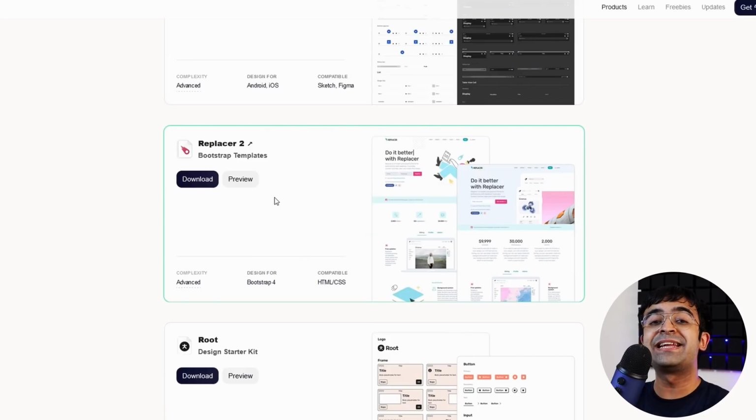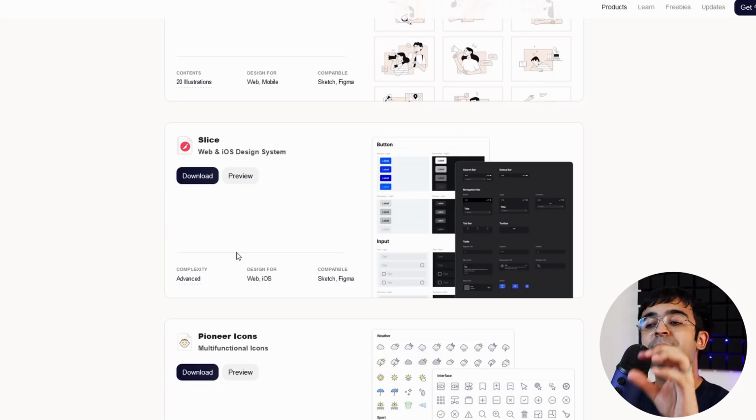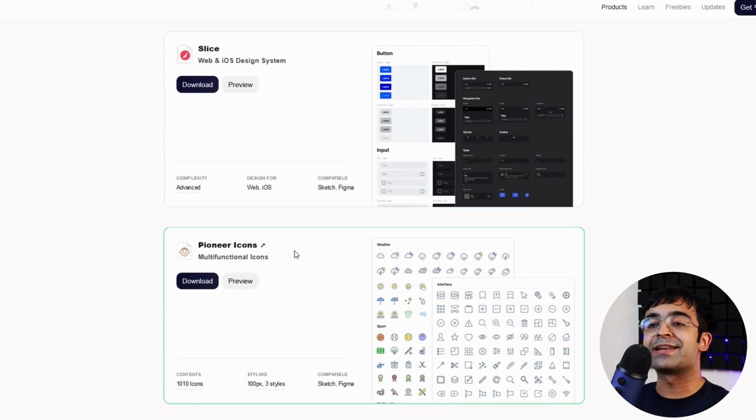They also have complete UI kits for web designers called Replacer, which is basically a bootstrap template which works with HTML and CSS. They also have wireframing kits like this Root Design Starter Kit for both Sketch and Figma, as well as some smaller and nitty-gritty things like icons and elements.